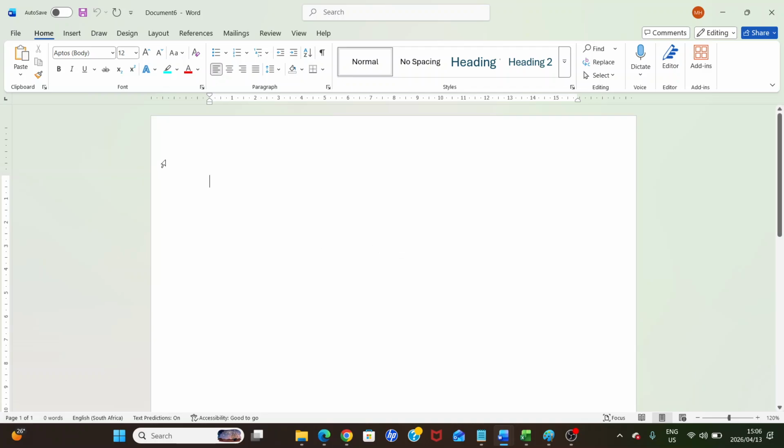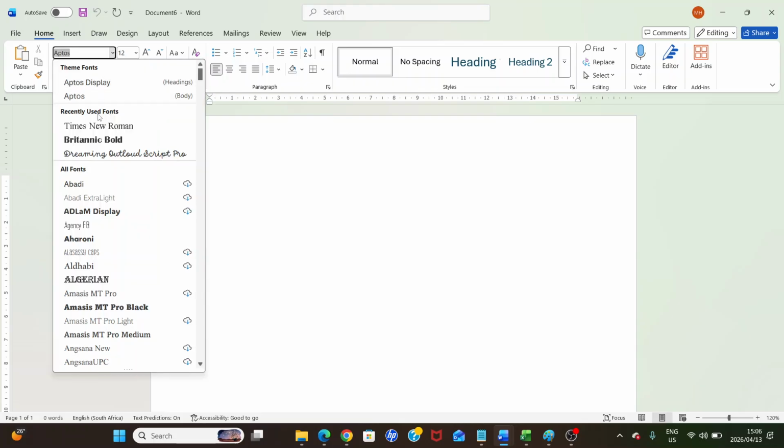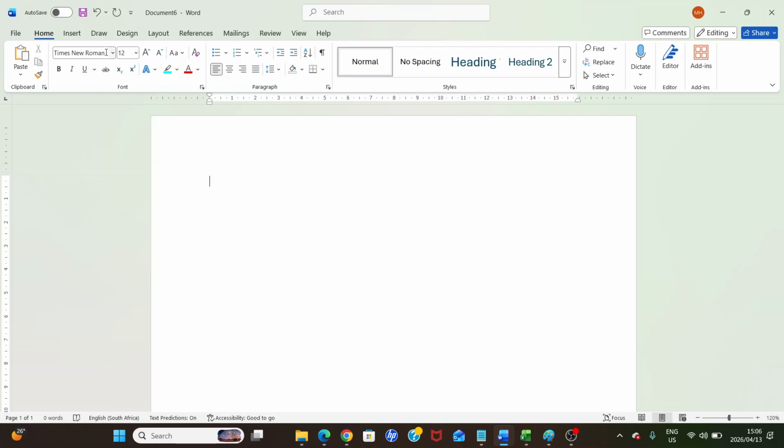So let's start. Our font is Times New Roman. Here in the font box, you can go to Times New Roman. You don't have to scroll to T. You can just type T and all the T words will appear. So if you want to go to Times New Roman, just go to the font box and type T and it will appear. If your font is currently 11, you have to change it to 12. 12 is the standard size that we use in South Africa. So we are going to change the font size to 12.